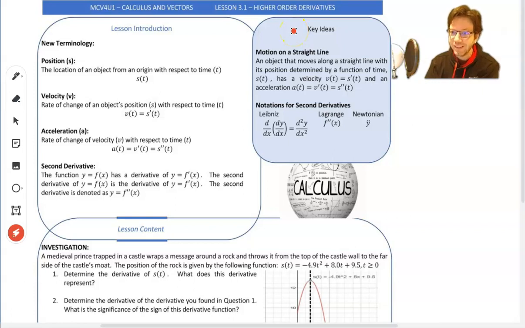So today's lesson is going to be on higher order derivatives. So what does that even mean, higher order derivatives? Let's go back to figuring out what a derivative means. Well, we looked at a derivative by finding the limit of the difference quotient. The difference quotient analyzes some sort of rate of change, right? Whether it's a tangent or a secant,